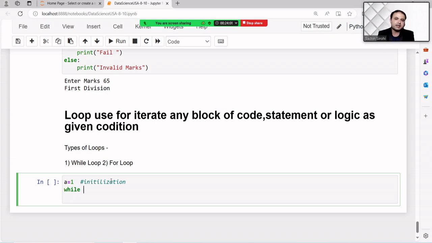Now the syntax: while is a keyword in Python which is used to iterate while a particular condition holds, for example a less than equal to 5. You can give any condition like less than, greater than, or equal. Then press colon. Python is an indentation based programming language, unlike some other programming languages that use curly braces as marking symbols.